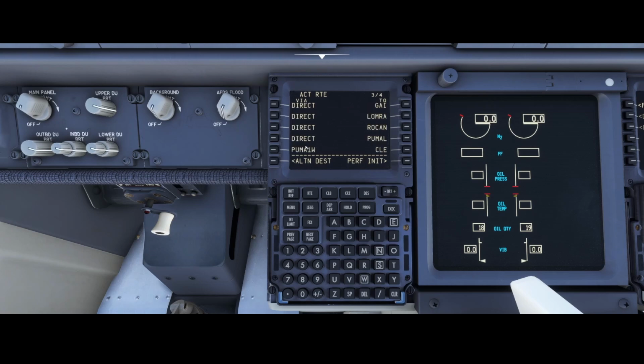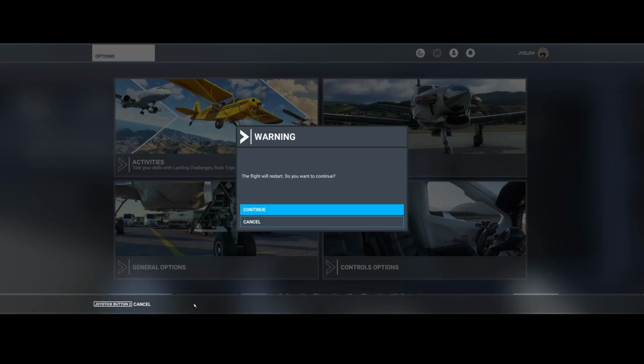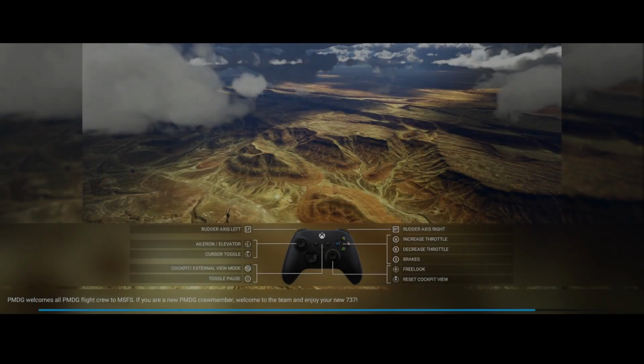and prior to that we had the Puma 1 Whiskey to CLE, so that's the standard terminal approach route which we selected. Now this was the automatic mode, so let me show you how you can do it manually. So I'm gonna hit home restart because that will bring the flight simulator in the state where we were at the beginning of this video,